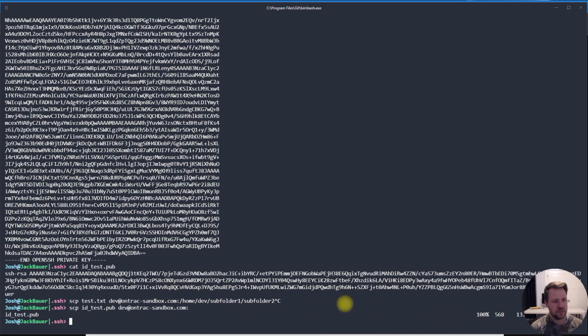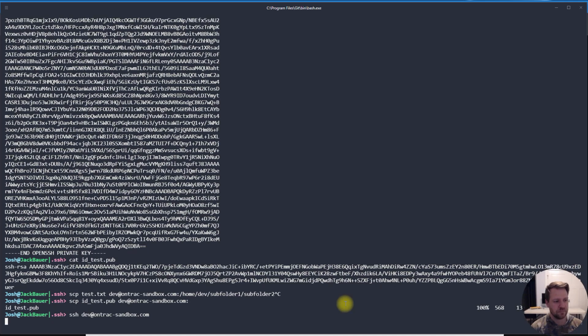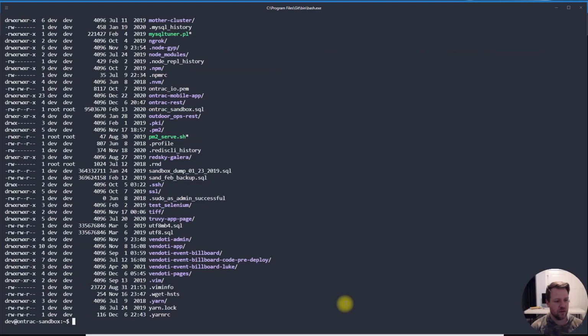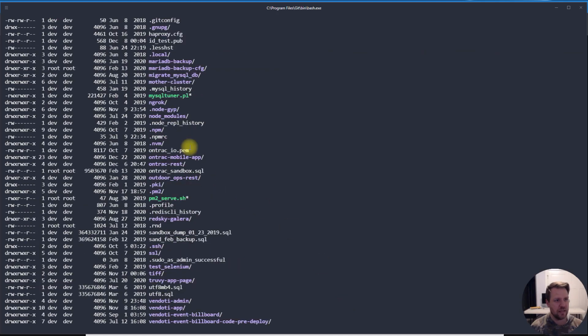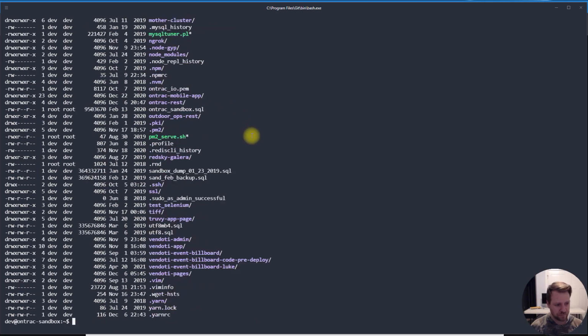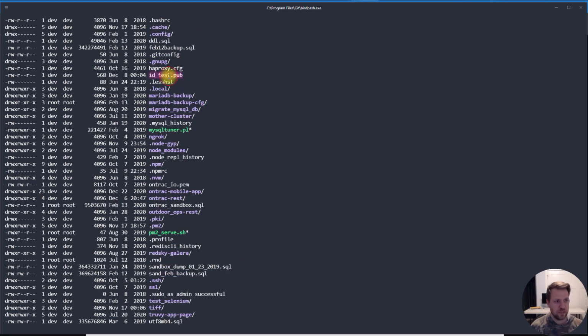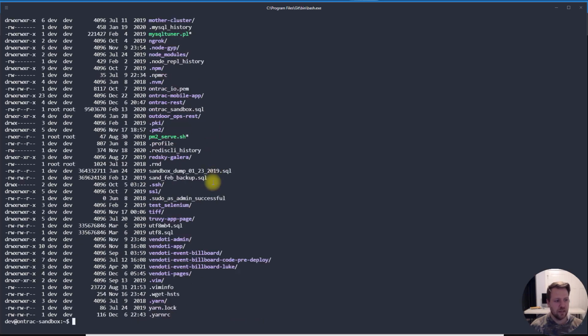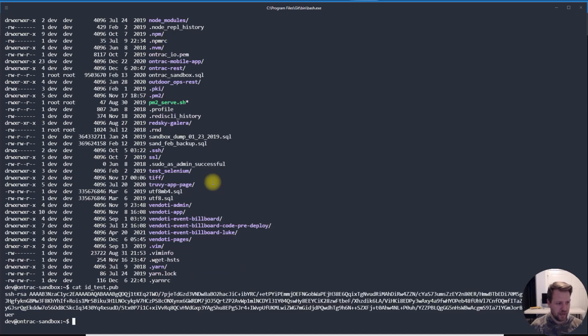But now let's SSH back into it, dev@ontracksandbox.com. And so if we look at the files, we should have the ID test pub file that actually got copied in there. Now to make this a key that can actually be used on this server, what we need to do is look at the contents of this file. So like I'll cat that ID test.pub, and what you'd want to do is you'd copy this key, and you'd